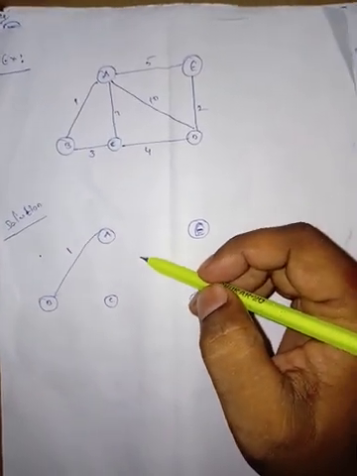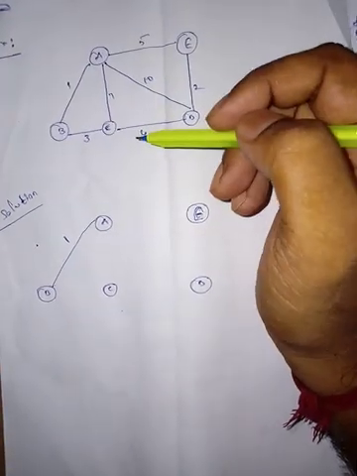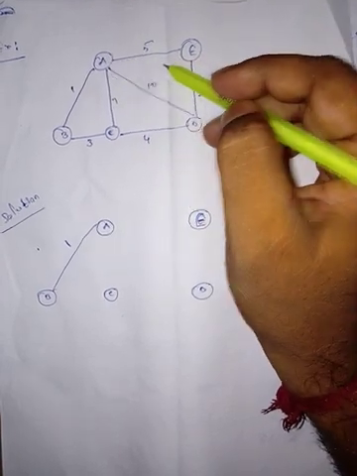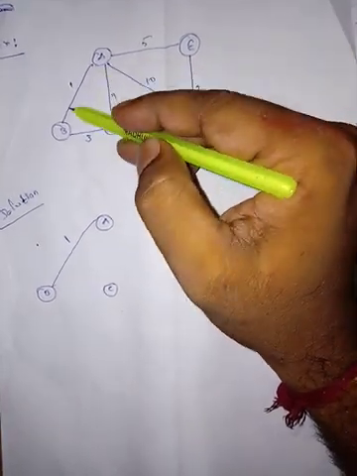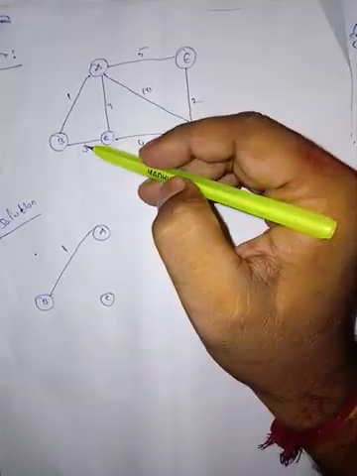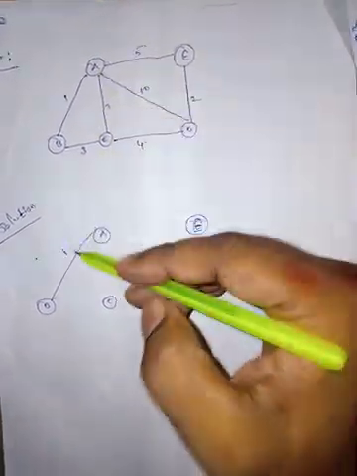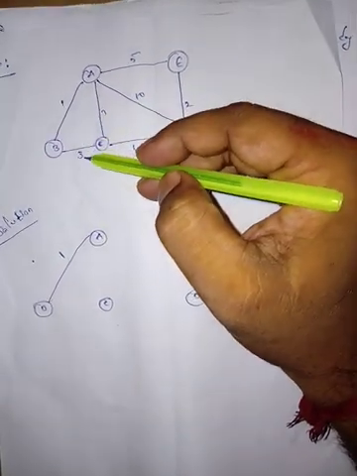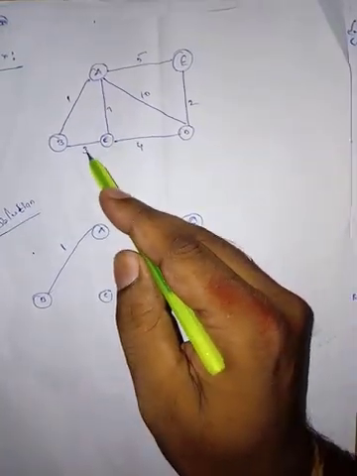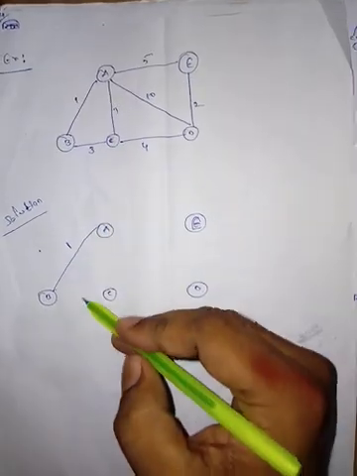Now find all the edges connected with the A vertex and B vertex. A vertex is connected by the edges 5, 10, 7 and 1. B vertex is connected by the edges 1 and 3. In total, 5 edges are there: 3, 1, 7, 10 and 5. Out of these 5 edges, one is already selected. The remaining 4 edges are 3, 7, 10, 5. Out of these 4 edges, this edge has the minimum cost, so select this edge.